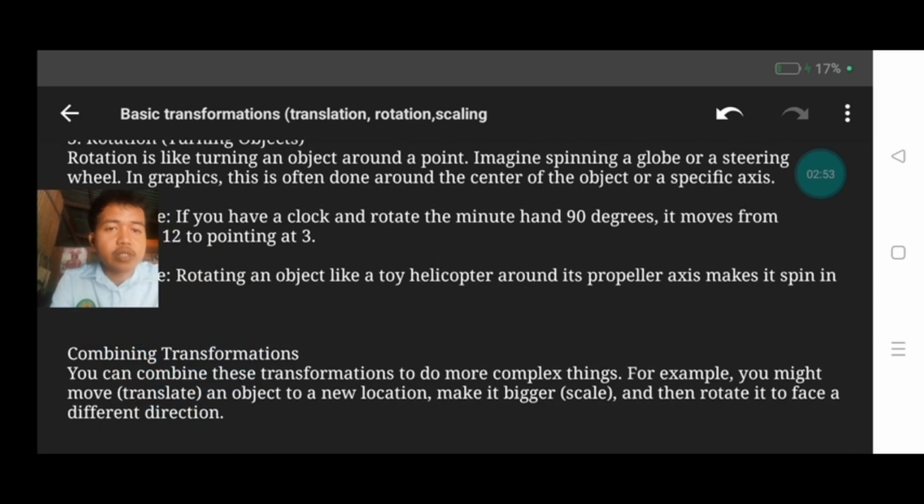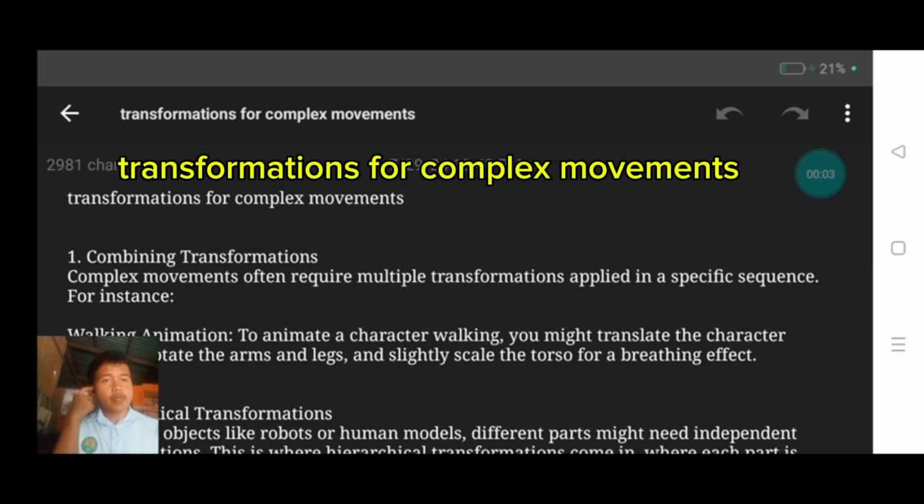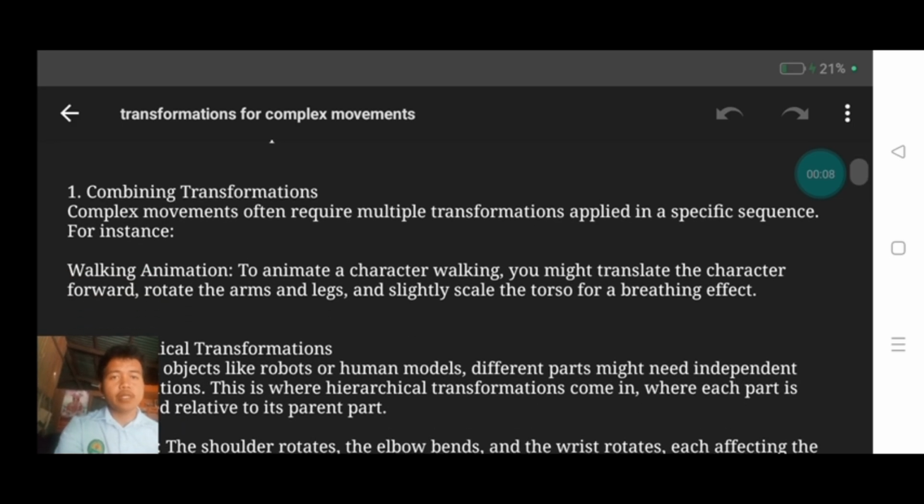Combining transformations. You can combine these transformations to do more complex things. For example, you might translate an object to a new location, make it bigger, and then rotate it to face a different direction.